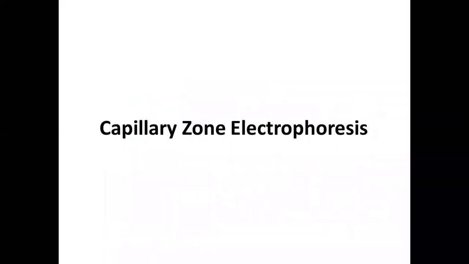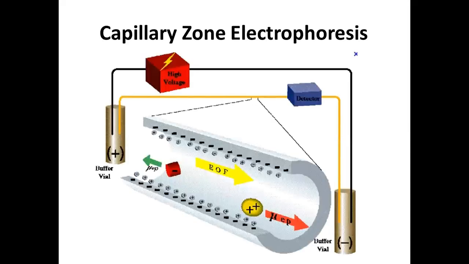In contrast to the capillary electrophoretic separation, capillary zone electrophoresis is also another important type of capillary electrophoretic technique. What we can see in capillary electrophoresis is the movement of the positively charged species towards the negatively charged cathode, and the movement of the negatively charged species towards the positively charged anode. You will have a capillary tube. In the capillary tube, both the electroosmotic flow and electrophoretic flow can be seen. Electrophoretic movement is at a faster rate than the electroosmotic flow.